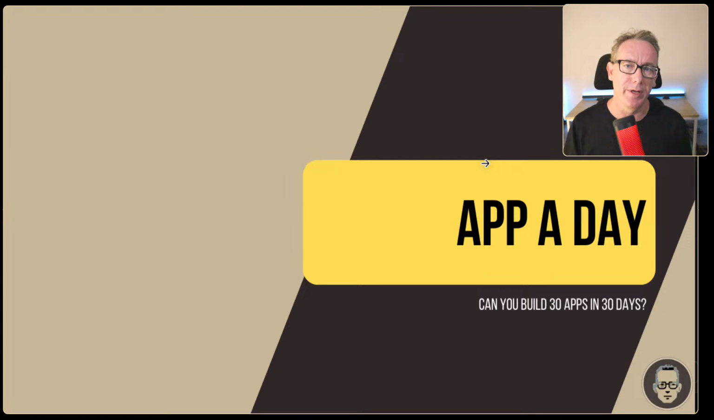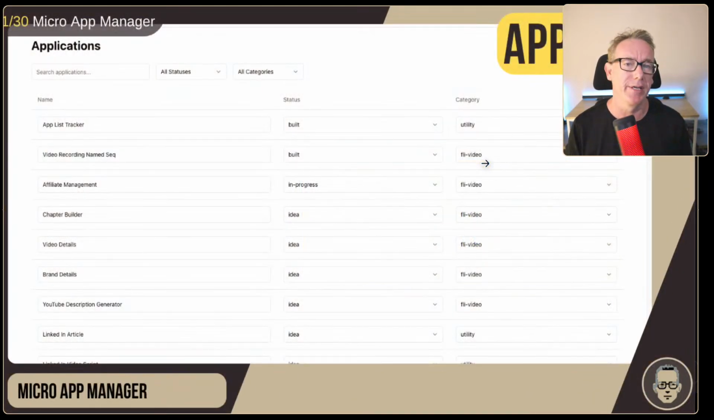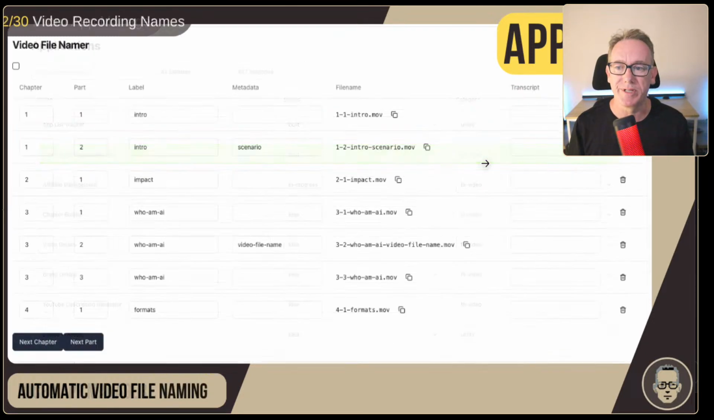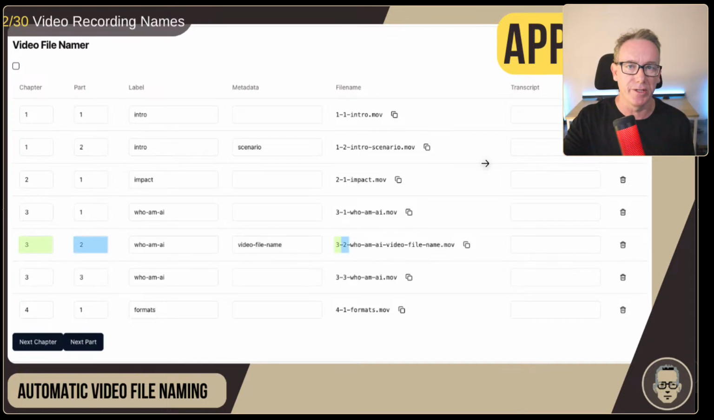Now I'm doing this with Replit, which is an AI pair programmer. And the first application that I built was this little micro app manager. The idea is each time I did an application, I could add it to the list. This is the application app list manager. Then I moved on to the video recording name sequence. And with that particular application, I was able to say add chapters and parts and the labels and just create